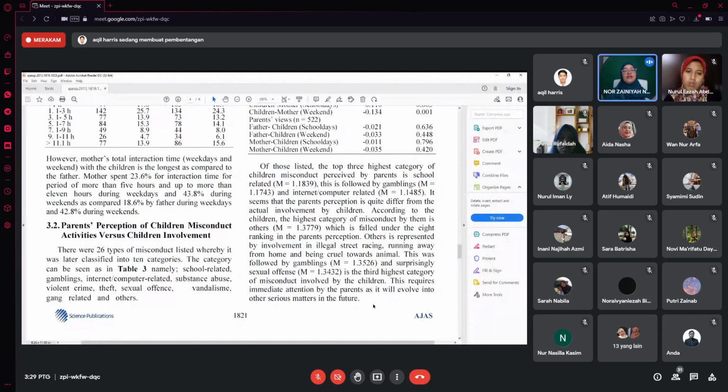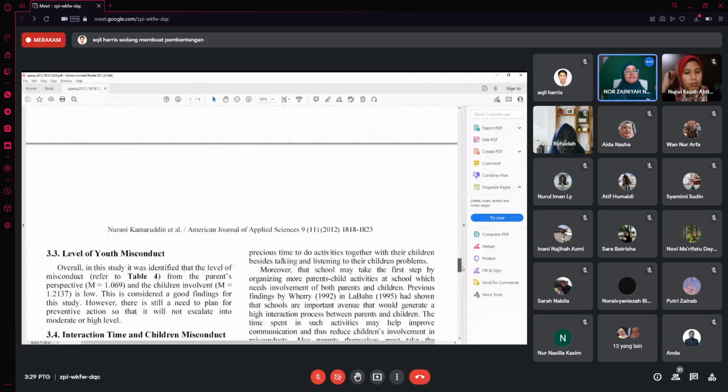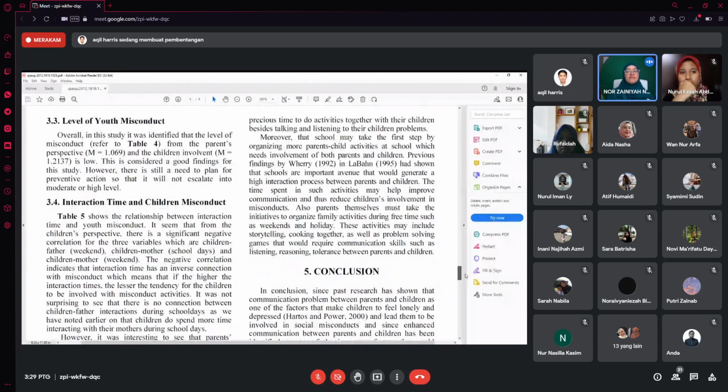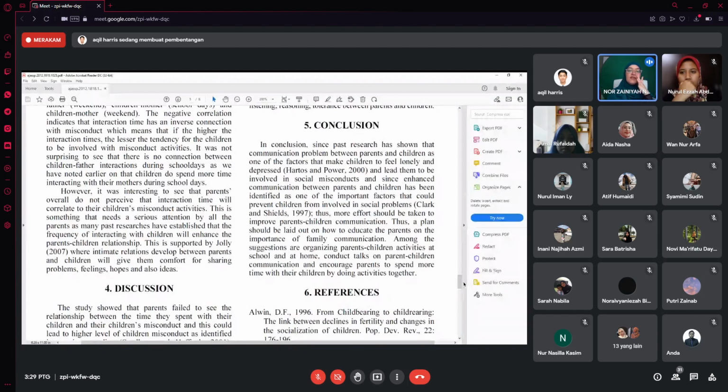Okay, go down further. What is the conclusion? Okay, let's look at the conclusion. Okay, stop. Seriously, the English of this paper is very bad. Sorry. Okay, so you can discover. Now that is what you call the result. Past research has shown that communication problem between parents and children is one of the factors that make children